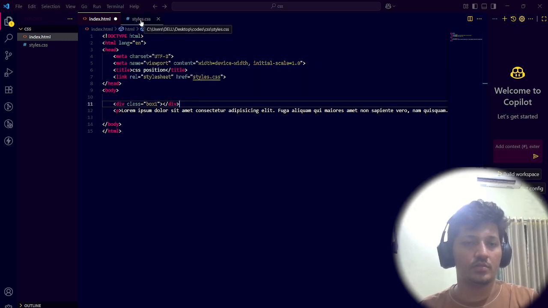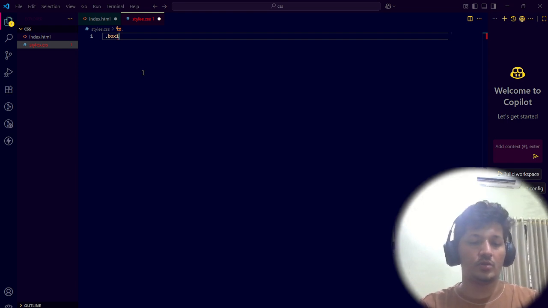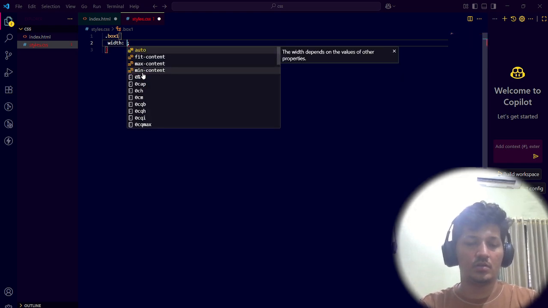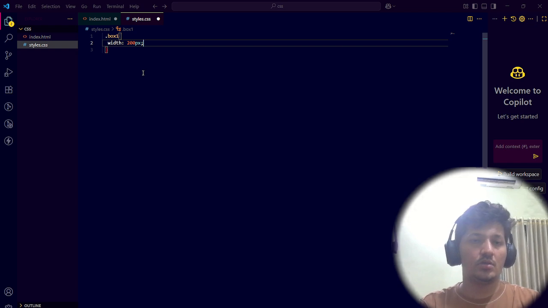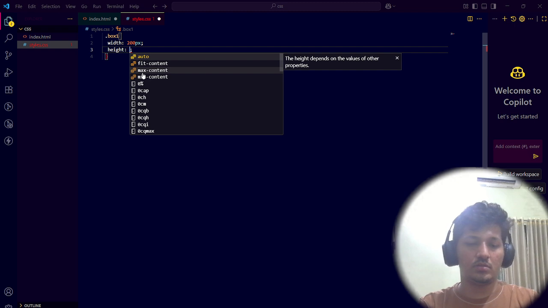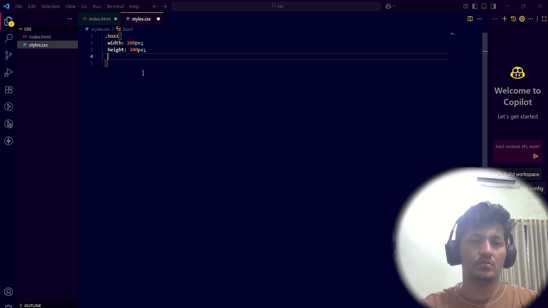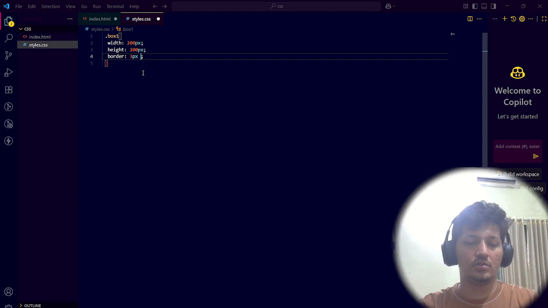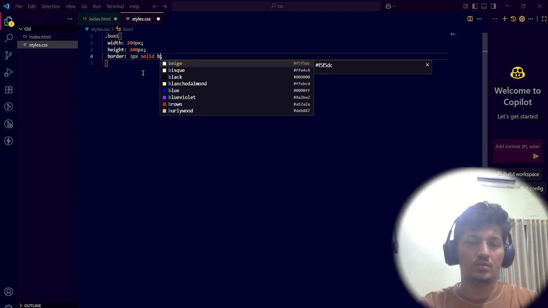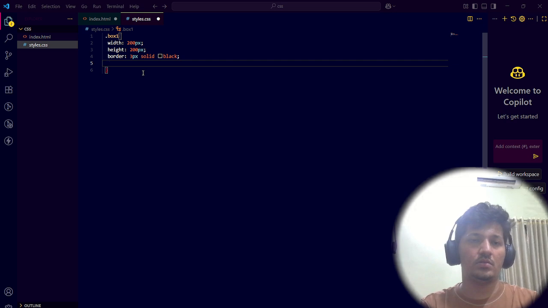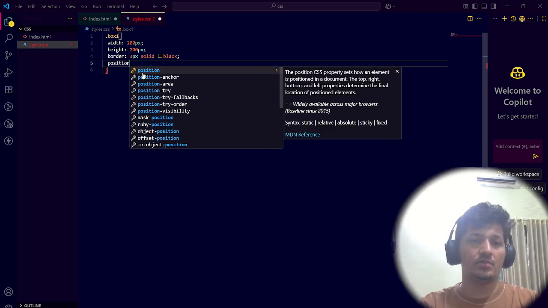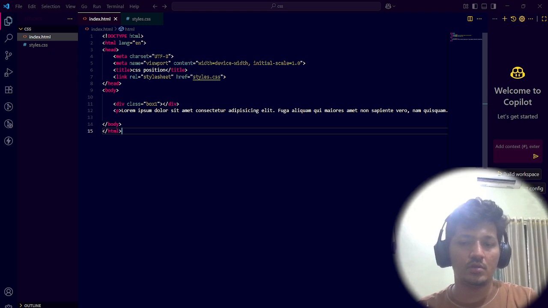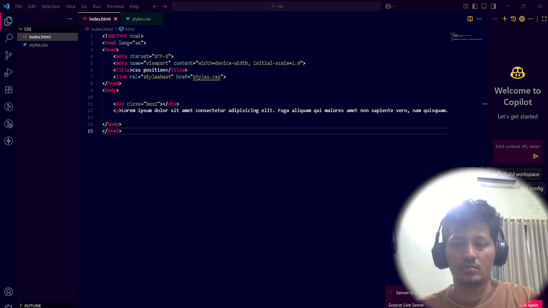Now if I write dot box one, width is some pixels, height is some pixels, border is 3 pixels solid black. Position: if I give relative and save this, and go live,